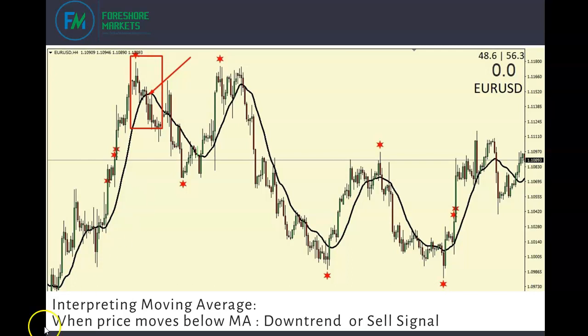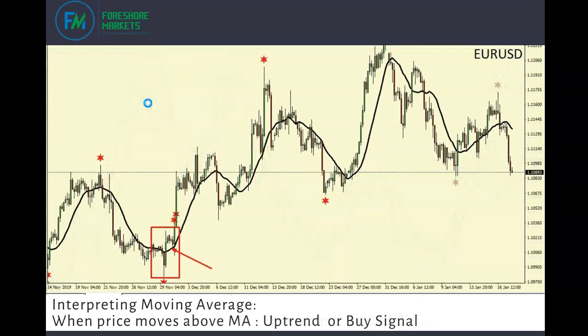It will simply say that when price moves below the moving average, the downtrend is starting, or it is a sell signal. Okay, now you can see here price was initially above the moving average, indicating an uptrend, and then it crossed below the moving average, indicating that a downtrend may be about to start. And of course, once the price closes below there, for moving average analysis alone, it is a sell